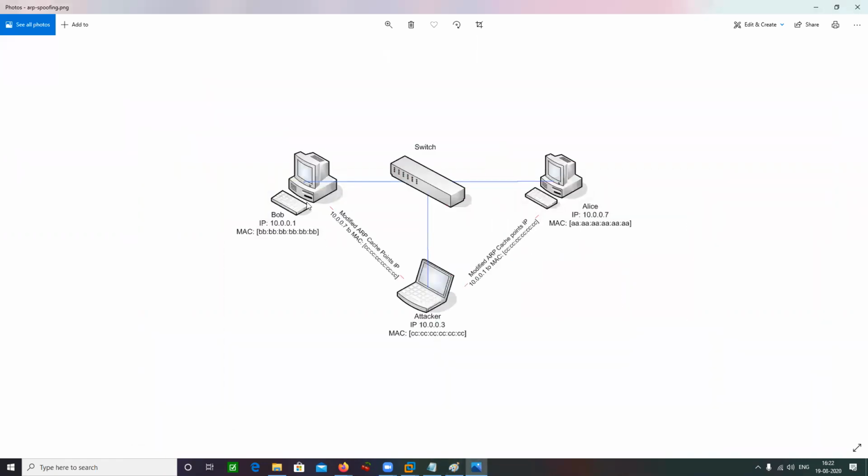So if I have Bob here in my network, Bob is going to have an ARP table. In the CAM table, interface binding happens, but no IP binding.